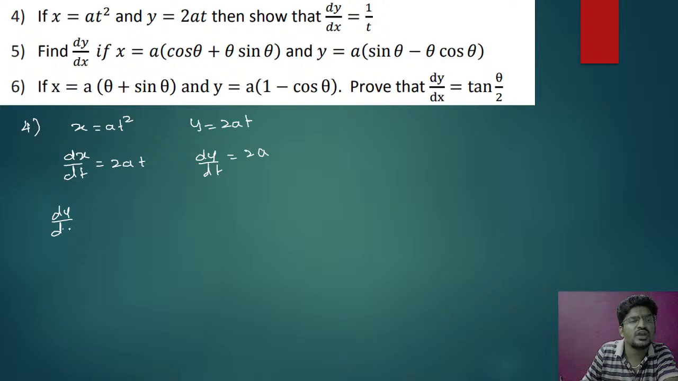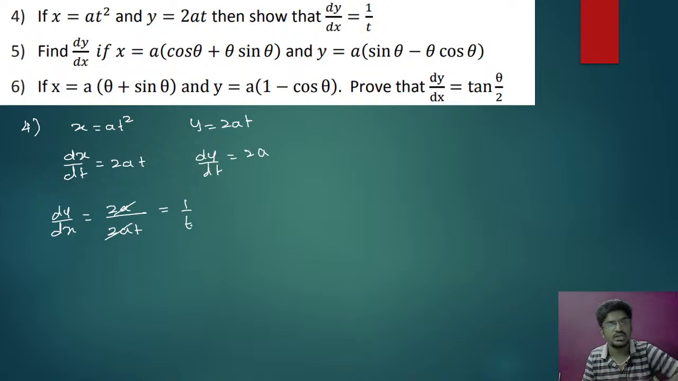So now dy by dx will be equal to 2a divided by 2at. So 2a to a will get cancelled, 1 by t will be your answer. Because it is dy by dt divided by dx by dt, so directly I have written 2a divided by 2at, 2a to a will get cancelled, 1 by t will be the answer. And now let us see the fifth one. See the fifth one. X is equal to a